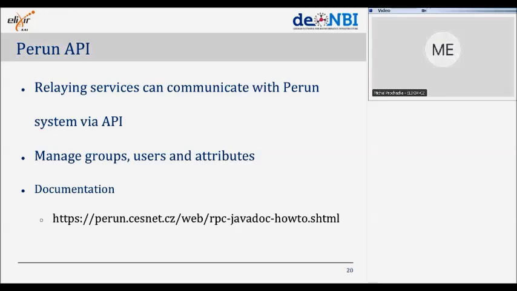For getting data from Perun, you can also use the Perun API. So then you can actively ask that system for the information about the users, group attributes, and so on. There is also the authorization on top of it, so you cannot get information about all the users, but only about your users and only about information which you have the proper rights for. So here's the link for the documentation where you can see the whole Perun API, which can be used by your services to talk to. It's a simple HTTP REST-like interface, so there is no need to have some native client to talk to the Perun interface.